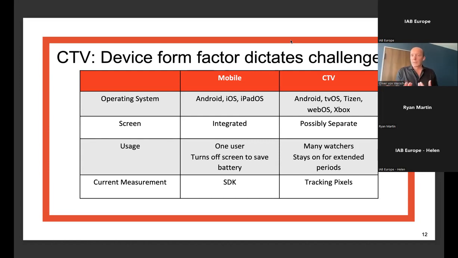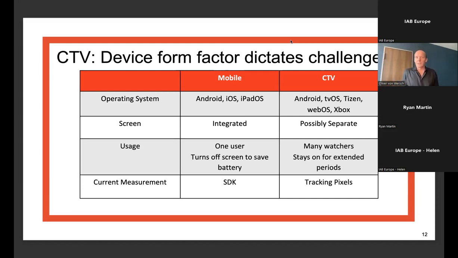In mobile, you have one screen. In CTV, possibly separate screens. You have sticks which are entered into the TV, and this is the device where the Open Measurement SDK processes actually run, but display is the TV screen. There could be a gaming device which is attached to the TV screen or computer monitor. So there are separate devices for doing technical processes and viewing.